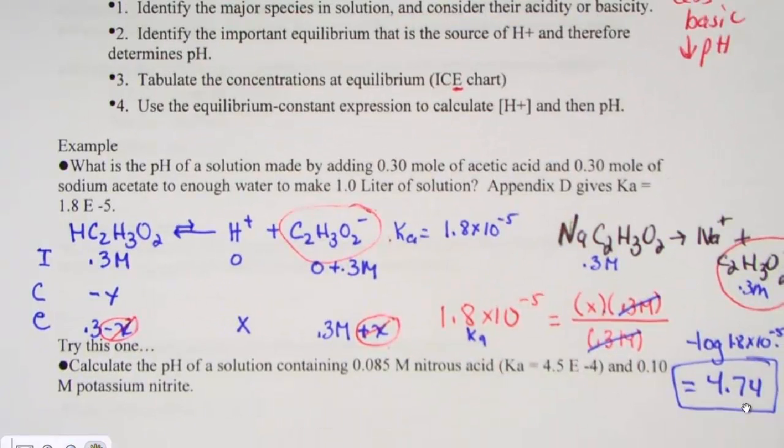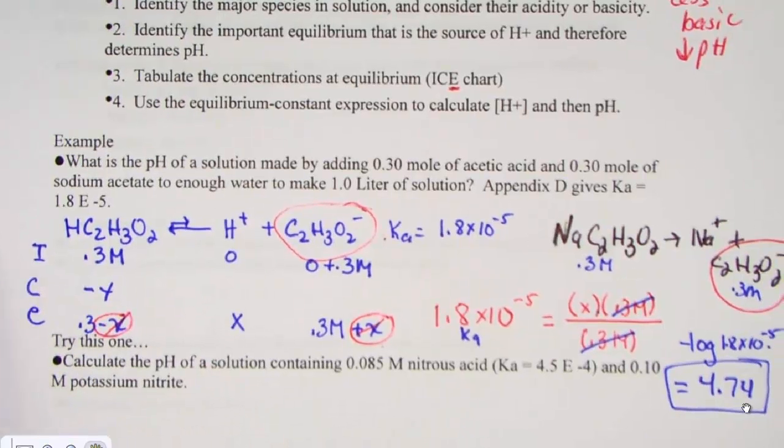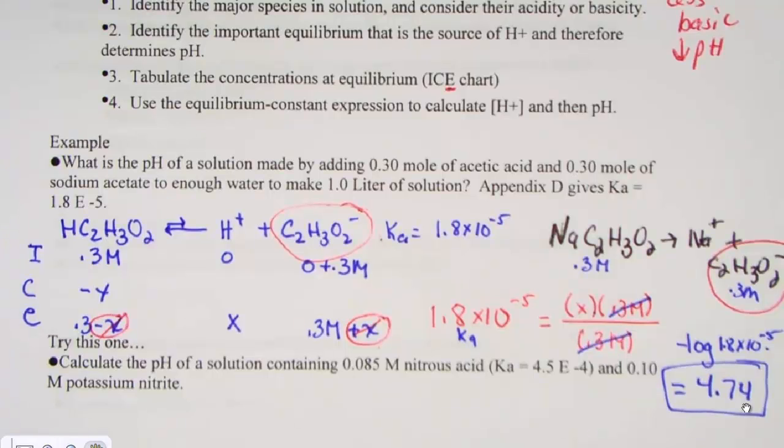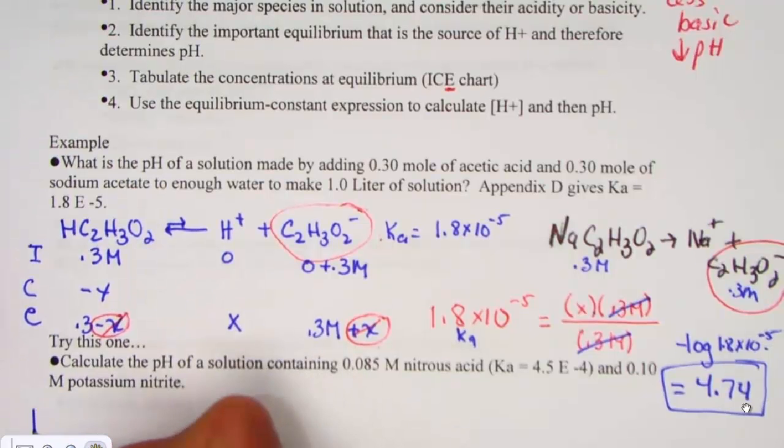Let's consider a next example. Let's calculate the pH of a solution containing 0.085 molar nitrous acid, its Ka provided, and 0.1 molar potassium nitrite. Now think about the competing equilibriums. The weak acid,